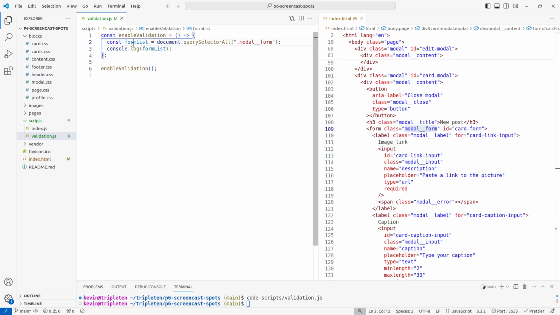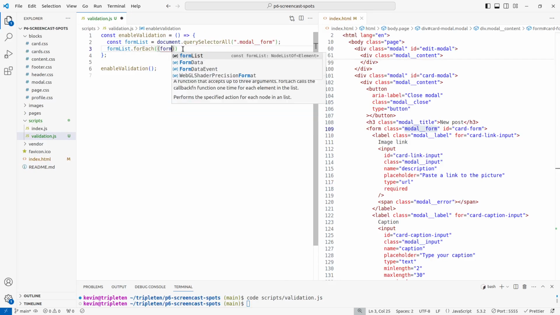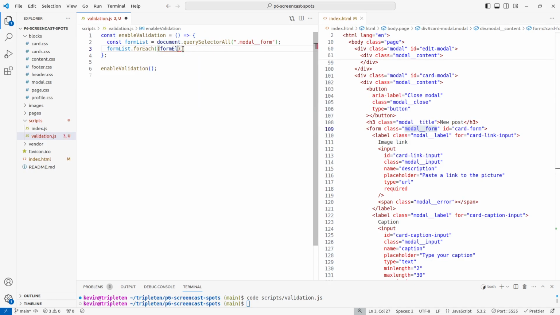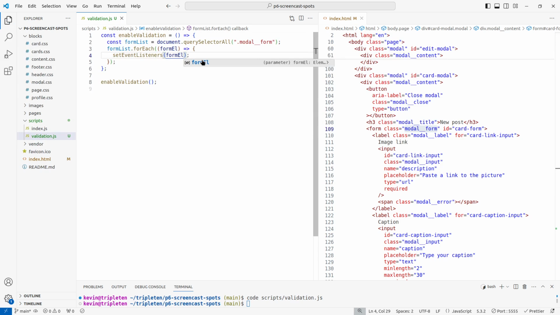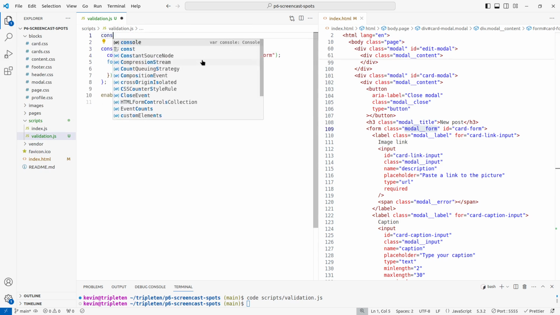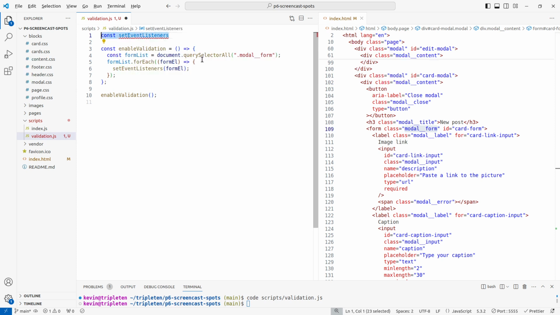Okay, so we've got form list, right? And as we said, we need to iterate over it. So form list dot for each form, I'll say form L to be a little more precise and descriptive, because these are form elements that we're talking about. We need to call this method that doesn't exist yet, the setEventListeners method, and pass it the form element as an argument. So let's just go ahead and create this method that we're referring to, because actually, before we do that,